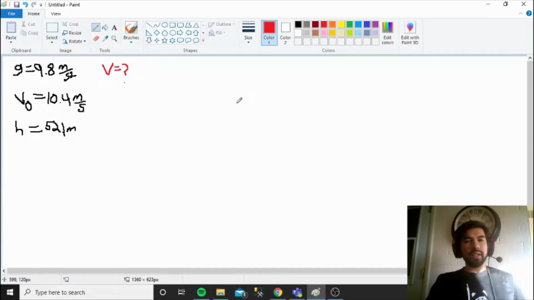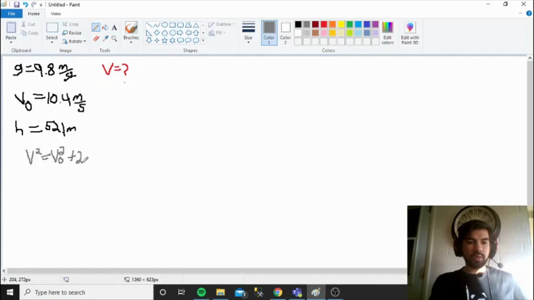So how do I solve this problem? Like most problems, you have to write down where you're trying to go, what you have, and what you have at your disposal to get there. So I wrote down my knowns and my unknown, and I need to figure out what equation matches this. If you look at the equations I've given you, I know there are many, but you should find this one equation: v squared equals v naught squared